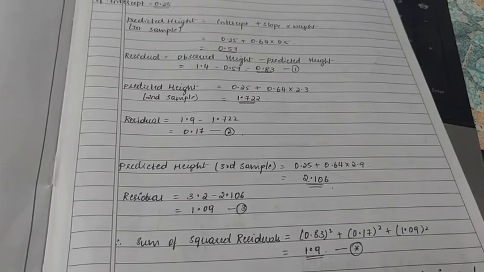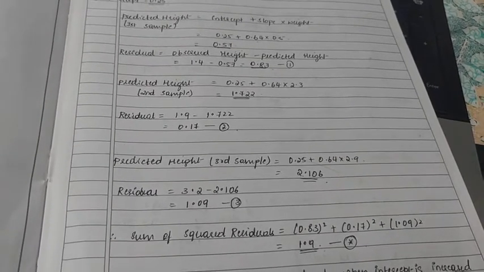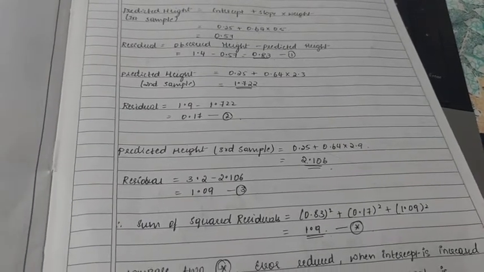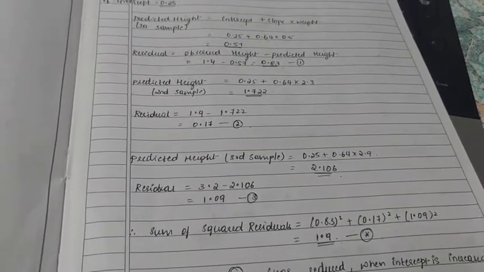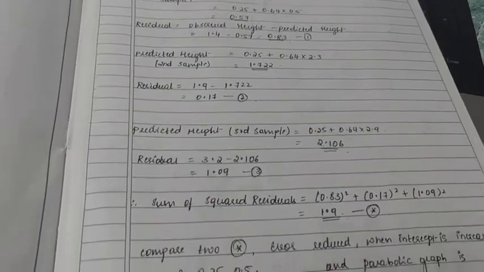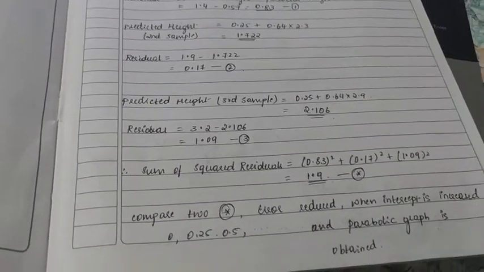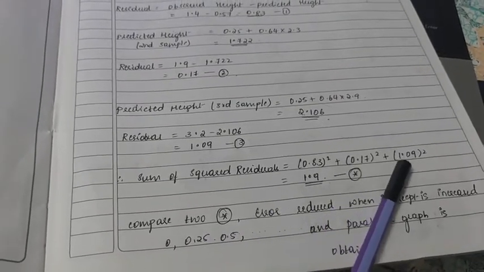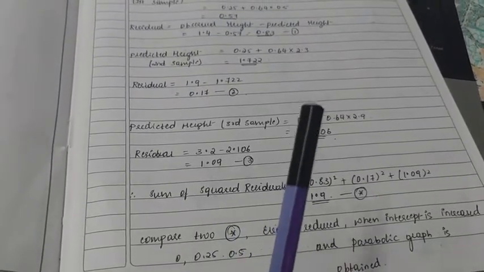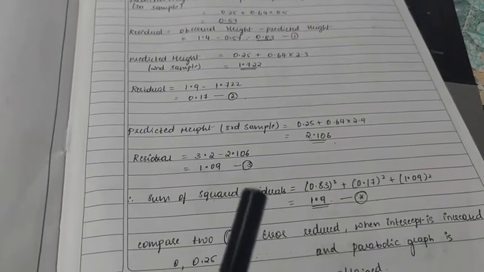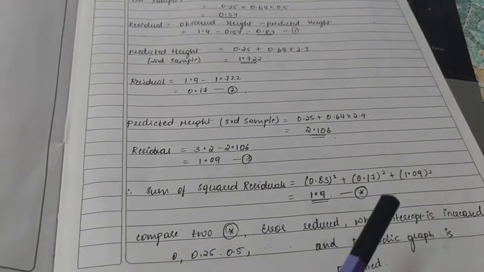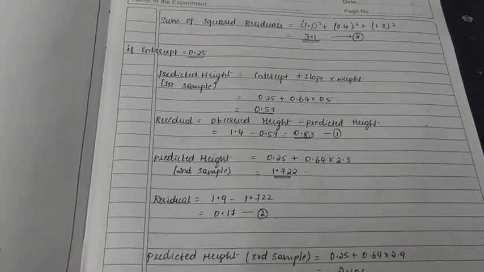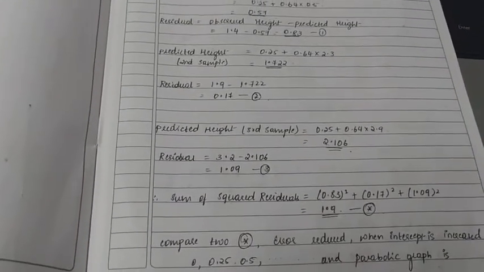Next, again the same way the residual is calculated. Residual is nothing but an error, that is the observed height minus predicted height. So I am going to get 0.83. Same thing is repeated for the second sample and for the third sample. Finally I am going to do the sum of squares of the residuals. All the residuals from equations 1, 2 and 3, I am going to square and add. So if I compare, the first star value was 3.1 and the second star value is